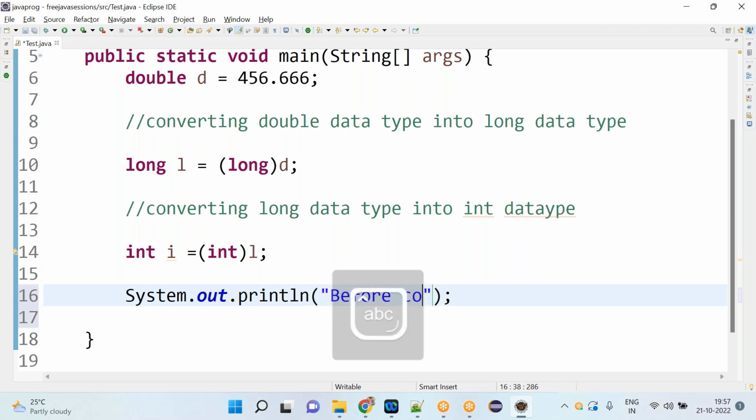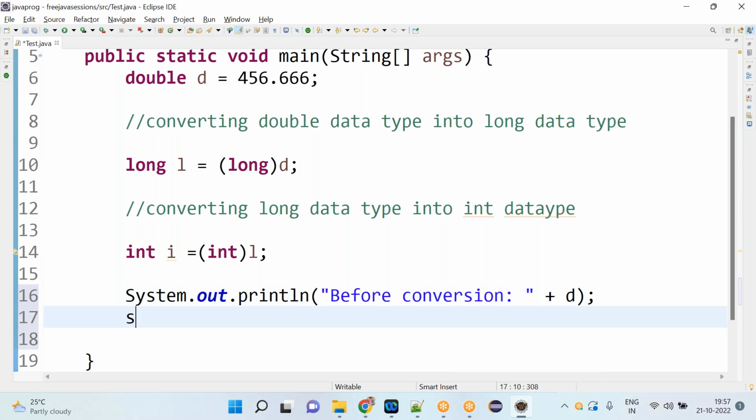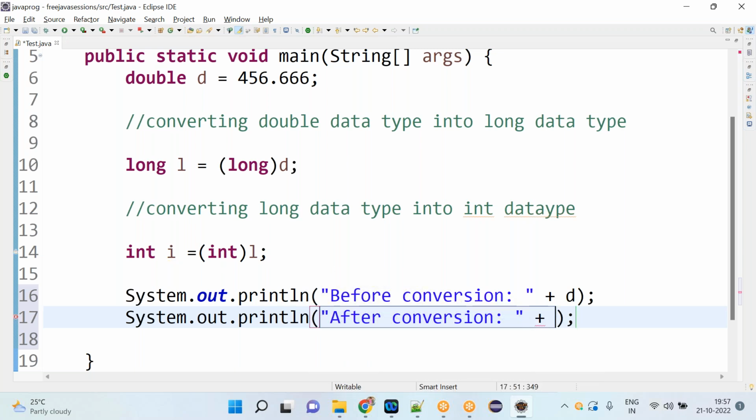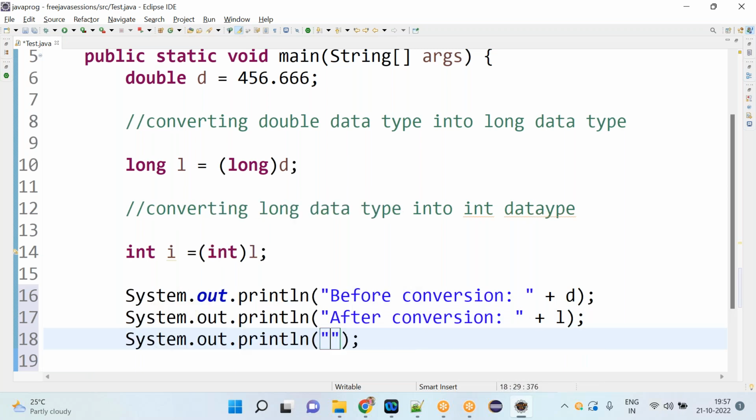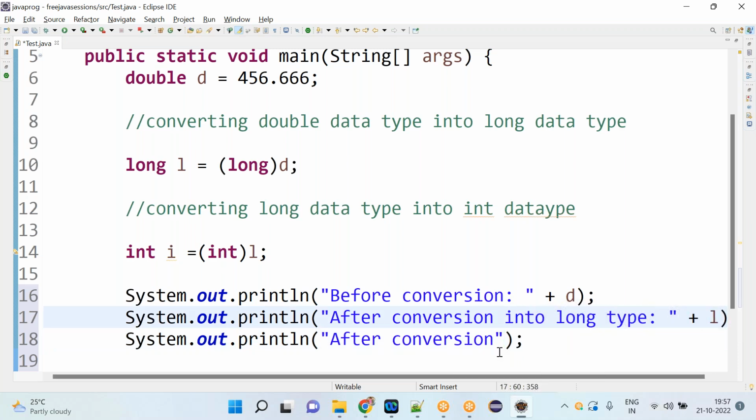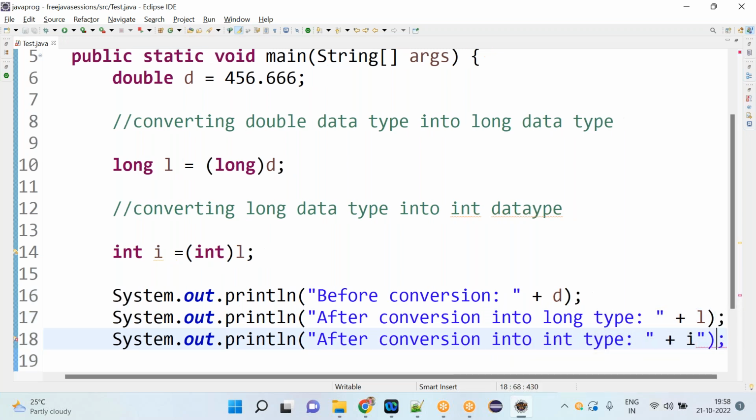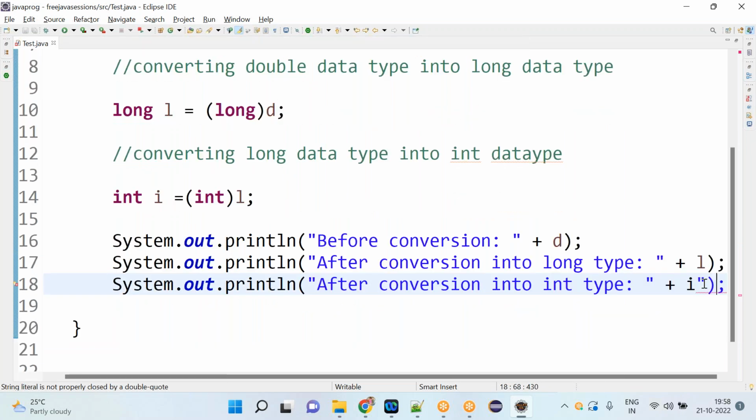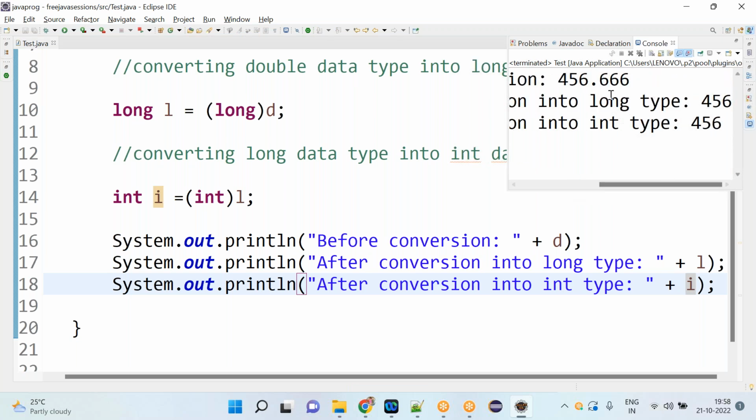System.out.println of before conversion plus D. System.out.println of after conversion into long type plus L. System.out.println of after conversion into int type plus I. Save it. Java, I think there is an extra double quote. Okay, fine. When I run this, see here, before conversion 456.666,